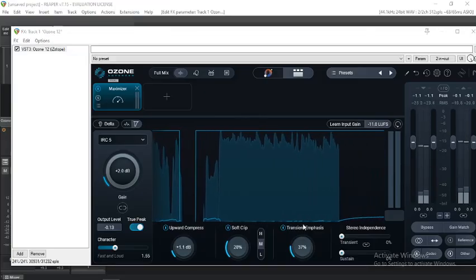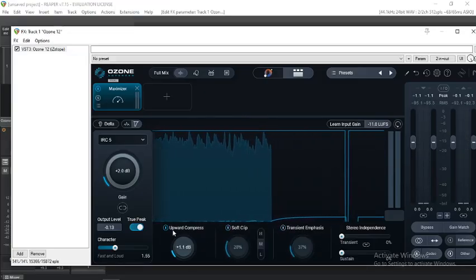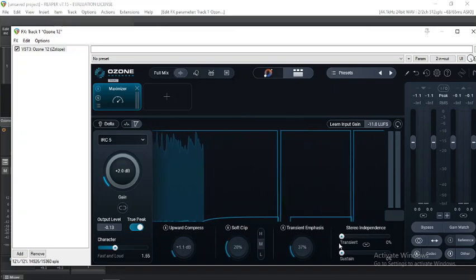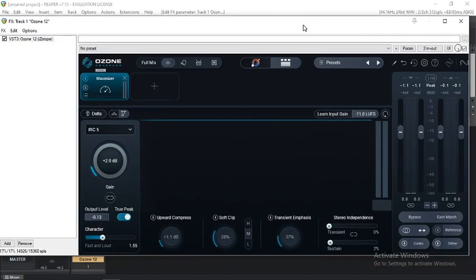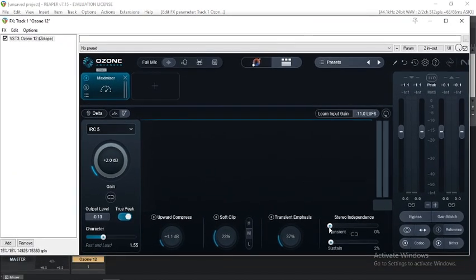Right, as you can see, the more things that you put on, the more CPU intensive it would get. We got the stereo and independence right here. You got the sustain again. Interesting, you can unlink it. Whereas you would have the limiter focusing on the stereo, on transient information and sustained information, which is very, very interesting.